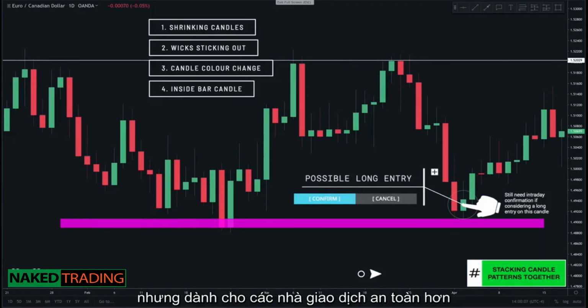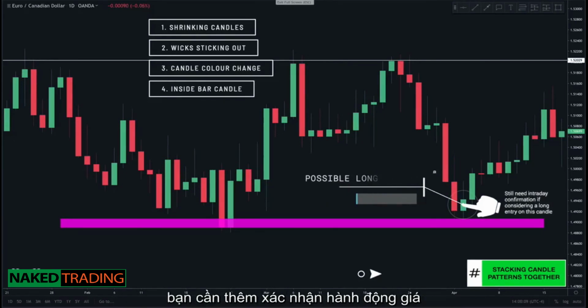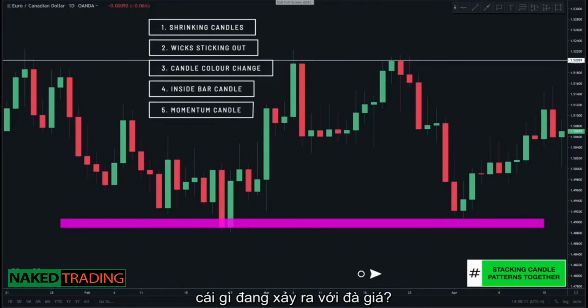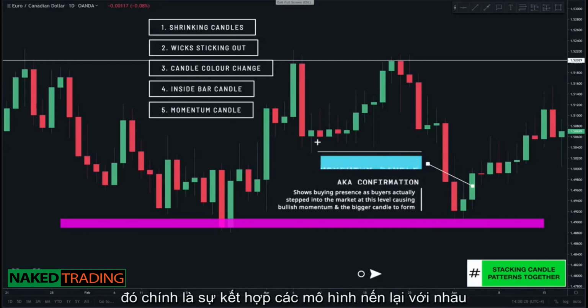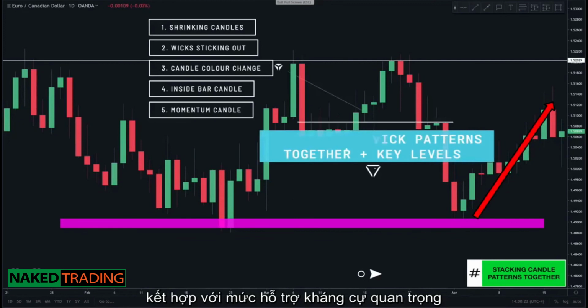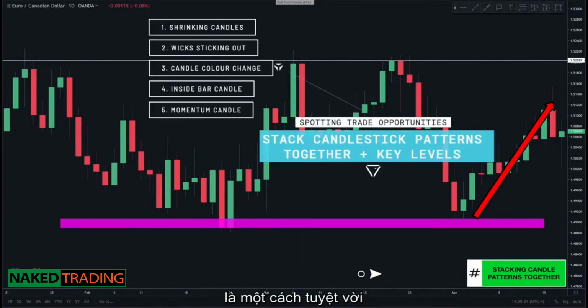But for more secure traders, you can add in one more price action pattern, which is our fifth trade, which is the momentum candle. The momentum candle shows buying presence, as buyers actually stepped into the market, which causes this bigger candle to form. Again, stacking candlestick patterns in combination with key levels is a great way to qualify potential